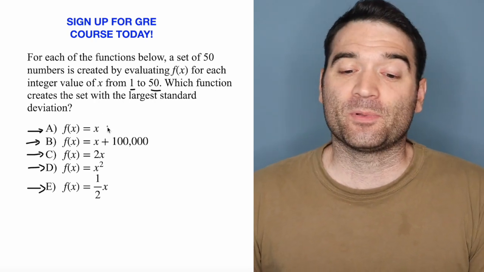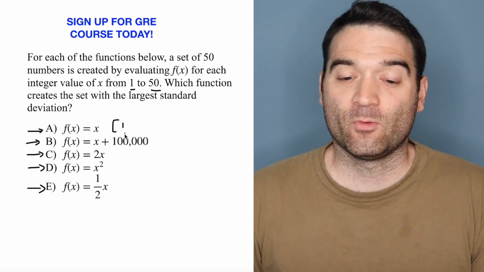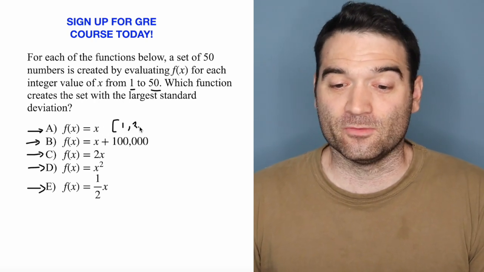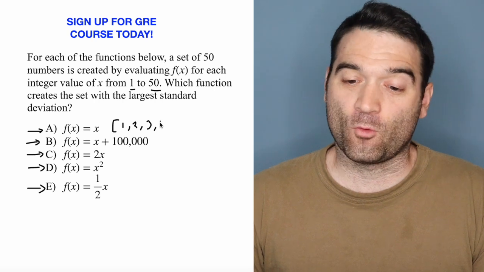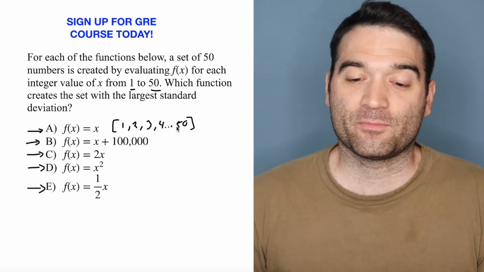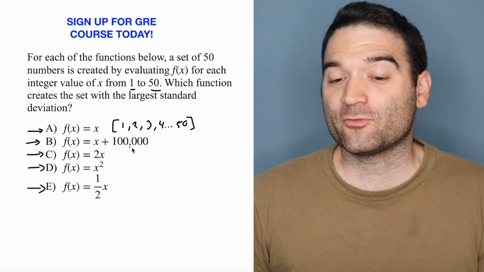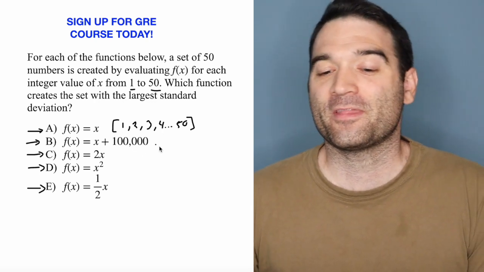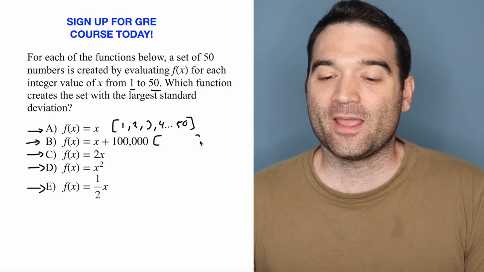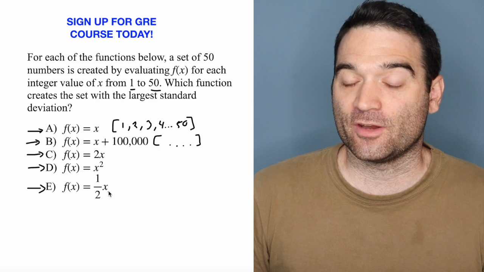So for instance, here we plug in 1 for x. What does f of x equal? Well, f of x equals 1. We plug in 2, we get 2. And 3 and 4, all the way up to 50, right? So the set of numbers created by plugging in here is 1 to 50. But here it would be 100,001, 100,002, 100,050, right? All the way there. So we don't actually have to write that out for each and every one of these,